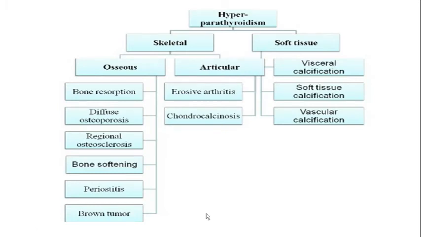So as far as radiologically the bony involvement is concerned, it can be in the form of skeletal or soft tissue, and on the skeletal level you can have osseous bone resorption, diffuse osteoporosis, even regional osteosclerosis, bone softening can be there, and there might be a periostitis and brown tumor, which is a very typical term used in cases of hyperparathyroidism.